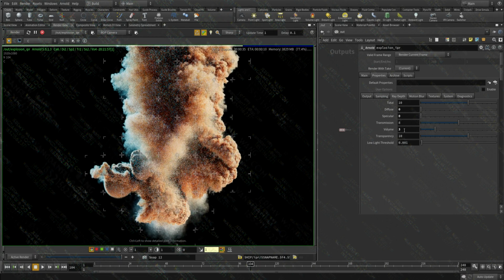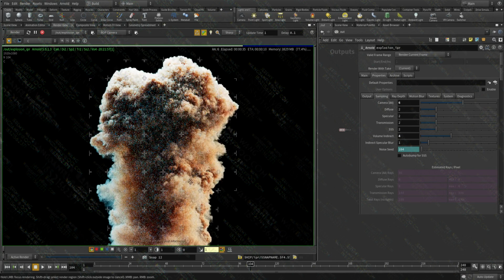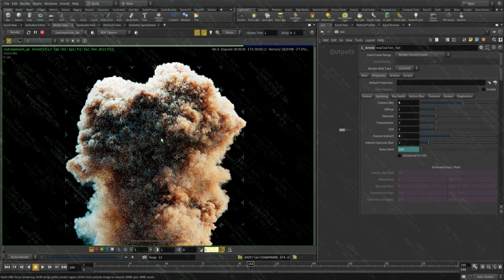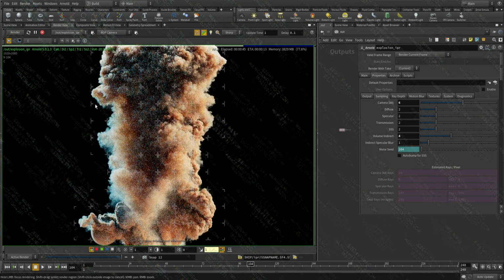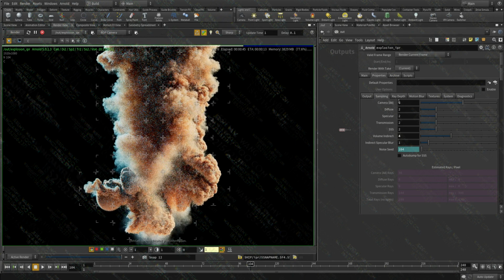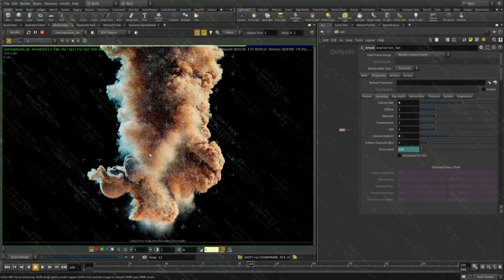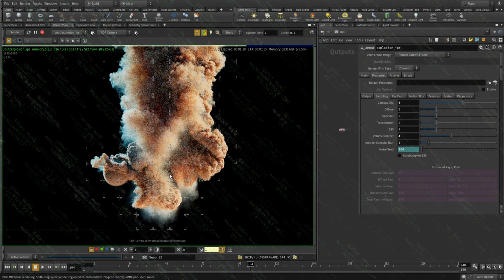Cool, so we have 3 bounces and a lot of lights. Some are area lights, some are spotlight, distant light, and we have a sky dome as well. And this is really high-res settings. Depends on the complexity of the smoke and the details. I don't think you need to go higher to solve any kinds of noise.